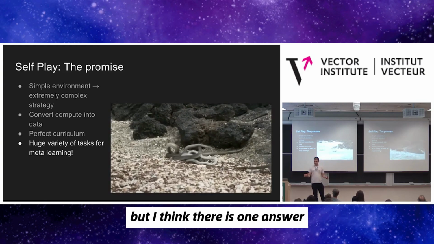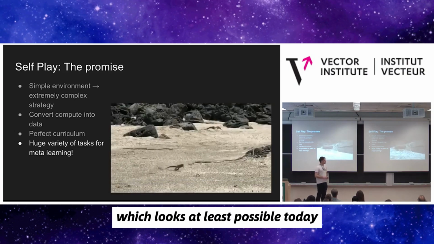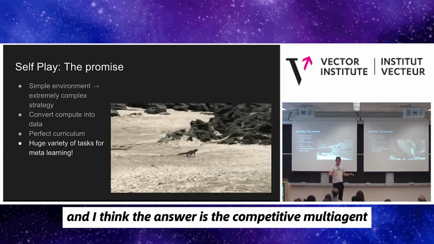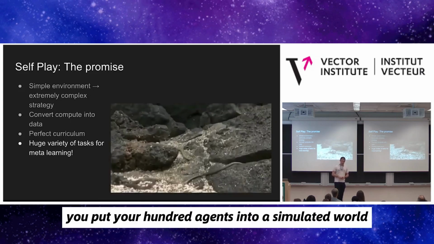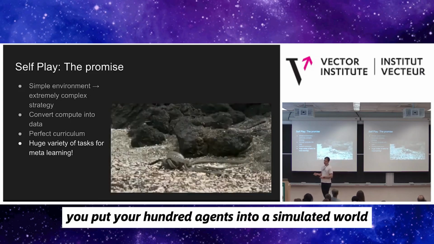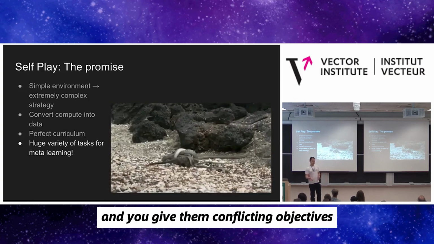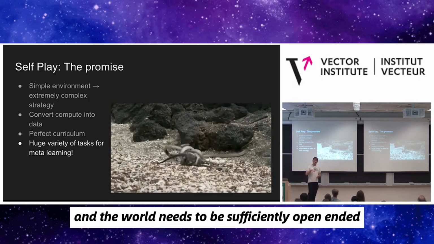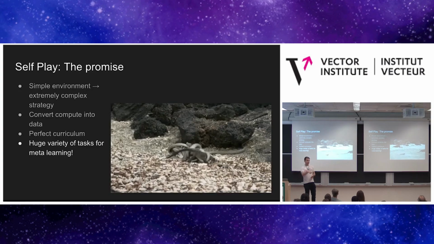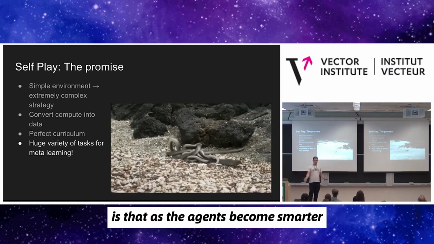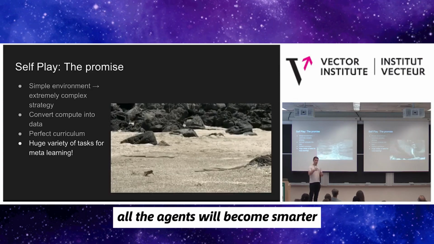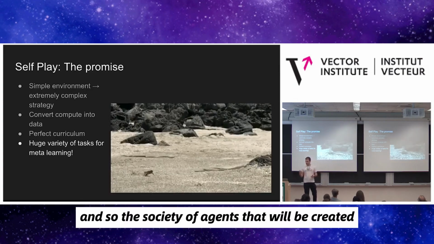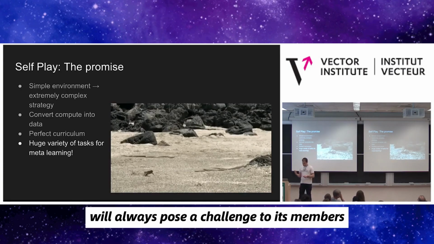But I think there is one answer which looks at least plausible today. And I think the answer is the competitive multi-agent environment. You put your 100 agents into a simulated world, and you give them conflicting objectives. And the world needs to be sufficiently open-ended. And so what's going to happen is that as each agent gets smarter, all the agents will become smarter. And so the society of agents that will be created will always pose a challenge to